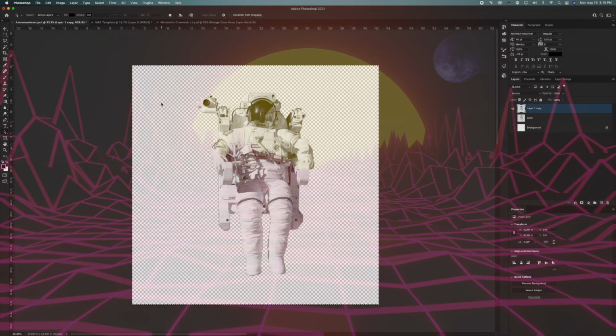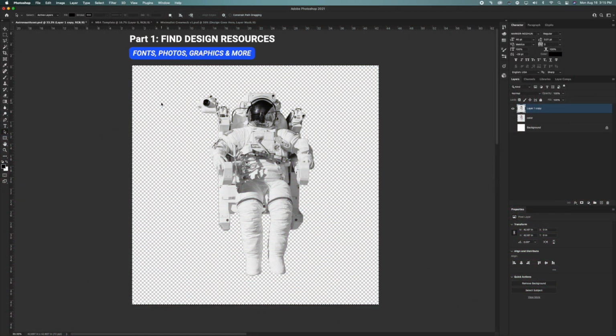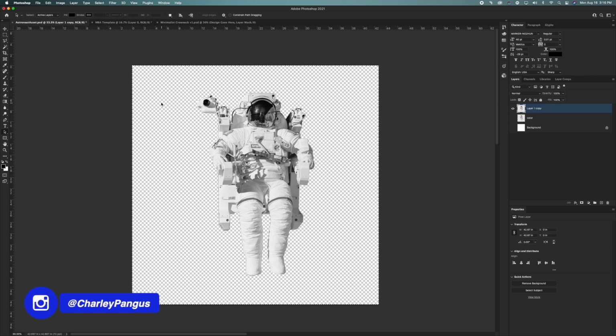Before you start designing anything, you need to go find the design assets. That way you can actually design, right? Because you can't just make a design out of thin air. You have to have something to go off of. Now, if you're an artist, like an illustrator, you can just illustrate your own graphics. But if you're somebody that doesn't have a heavy illustration background, that's fine. You could just go find design assets as long as you own rights to them or download them the proper